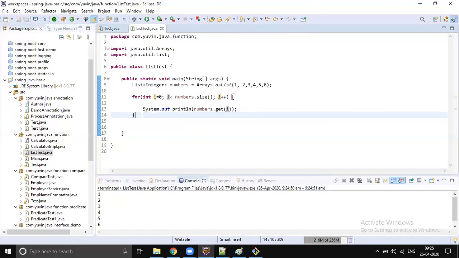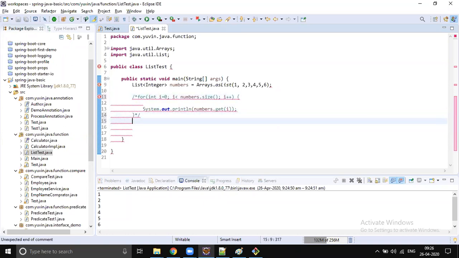We feel we are not writing so many things and that we are doing it very easily, but we are doing little complicated things: declaring, initializing, the condition, the incrementation, getting the data, and printing the data on the console. This can be simplified using the for-each loop.